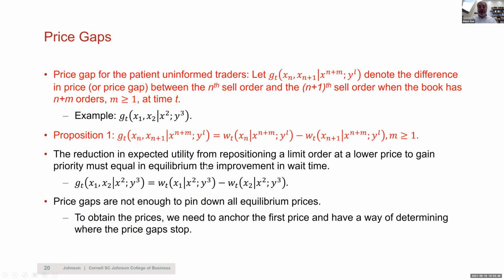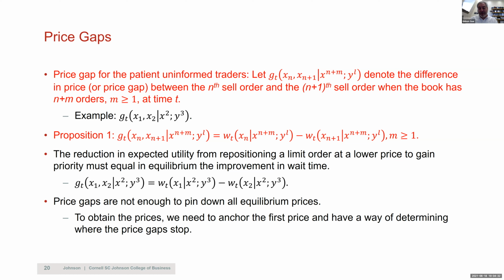So let's do a thought experiment. Let's say I'm arriving as a patient limit order uninformed seller. I'm putting my limit order in the book at a certain price, and then Venki comes. Venki is another patient limit order seller, and he undercuts me, right? He puts his order at a price under mine because that will give him priority. Now, the instant he does that, my expected utility just went down, because I will have to wait for his order to execute before mine can. And because time is costly, my expected utility went down.